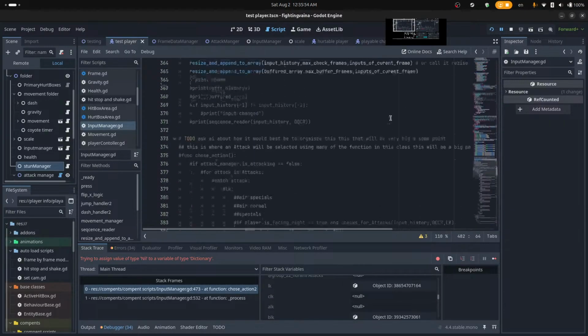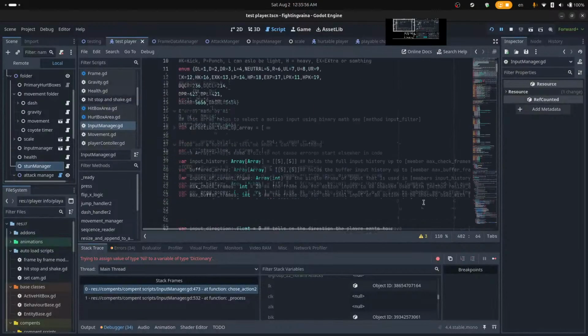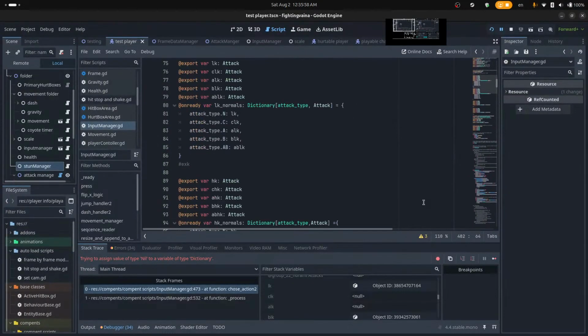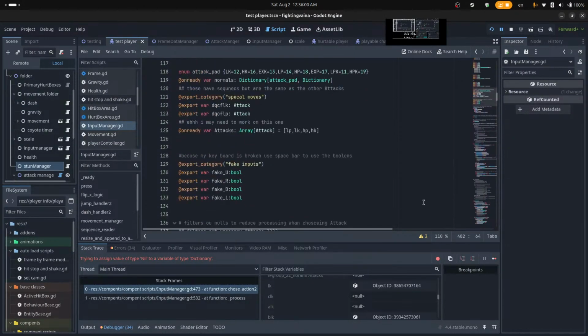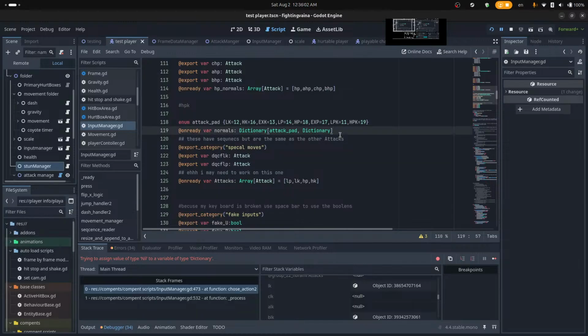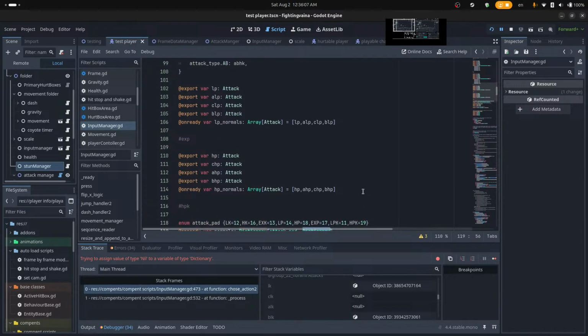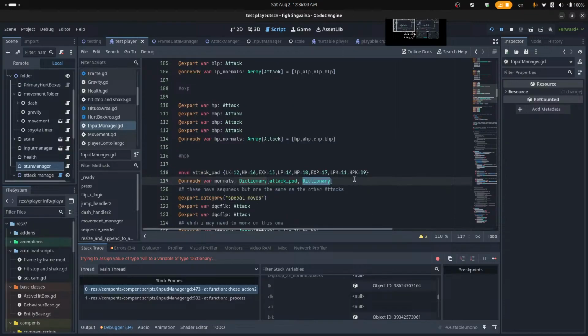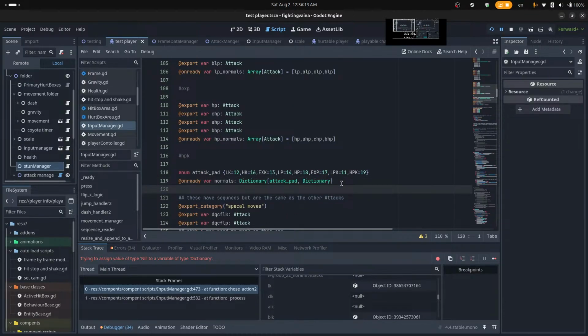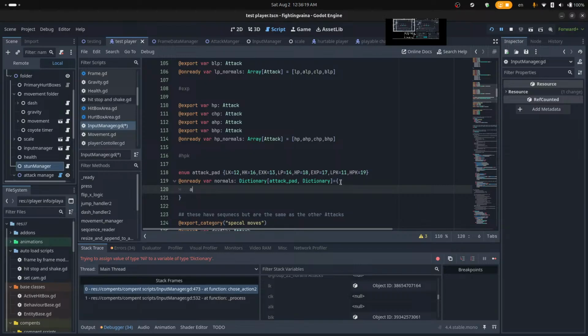I don't think I defined normals. Yeah, normals is not defined. It has attack pad and it doesn't have all the normals. So I would go here, equals this thing, attack pad dot